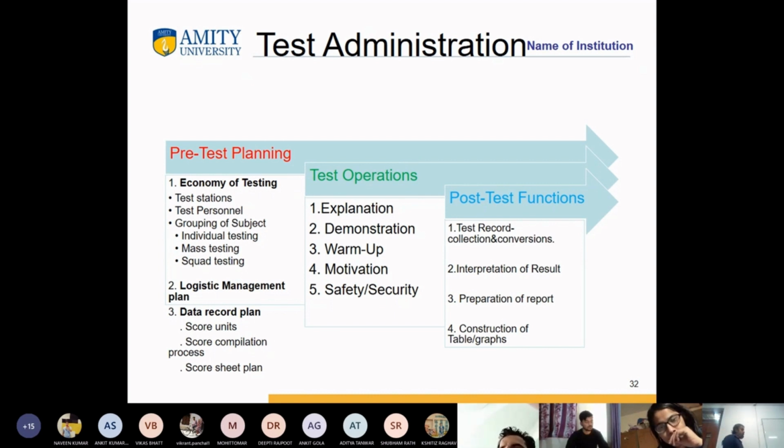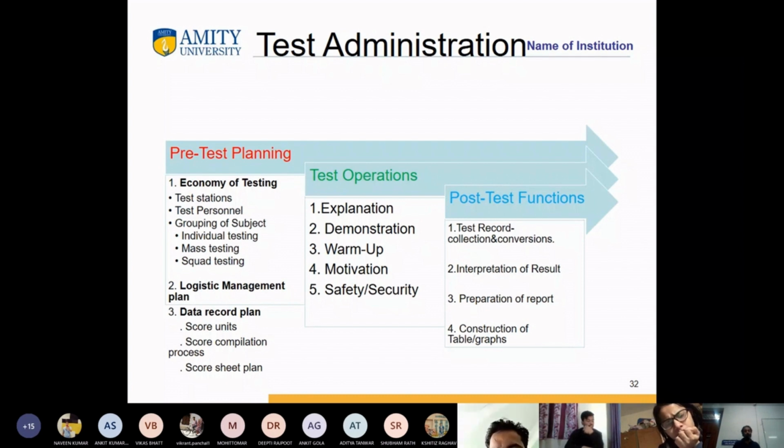I can share my experience again with the previous batch. They have done wonderful tests. Believe me, they came up with wonderful testing. The pre-test planning was very good. Test operations were fantastic.